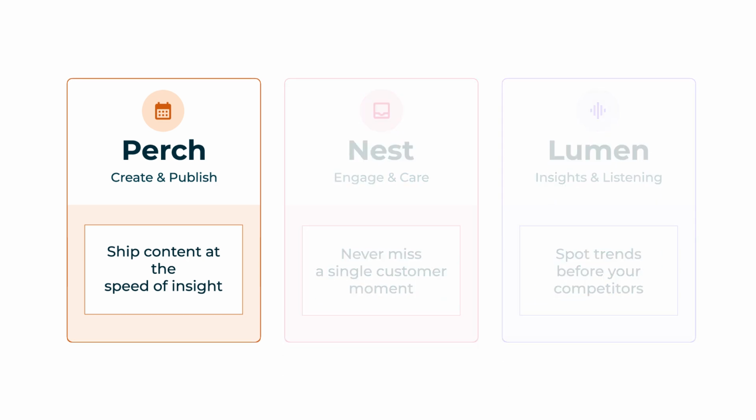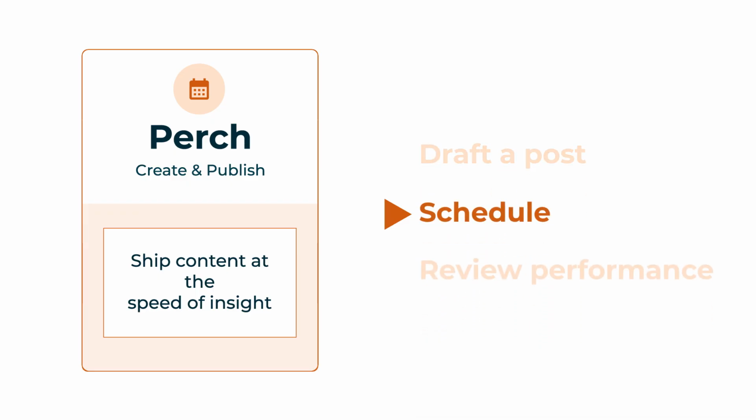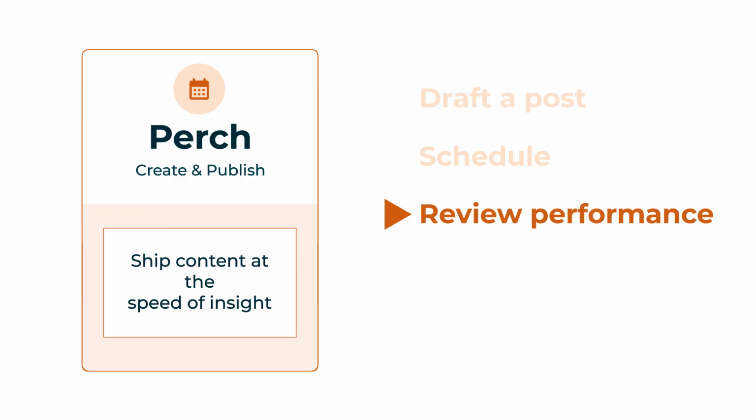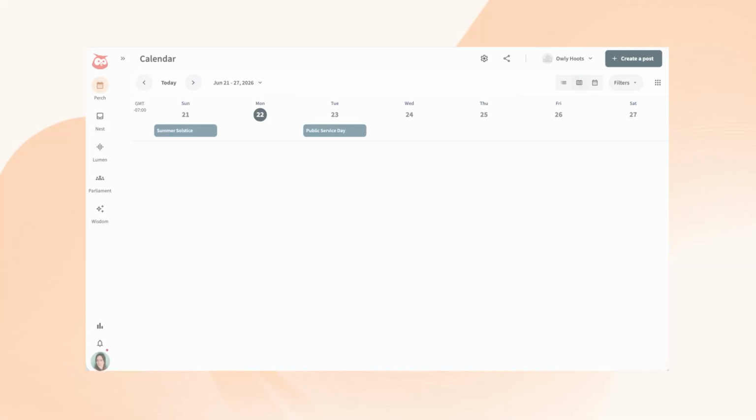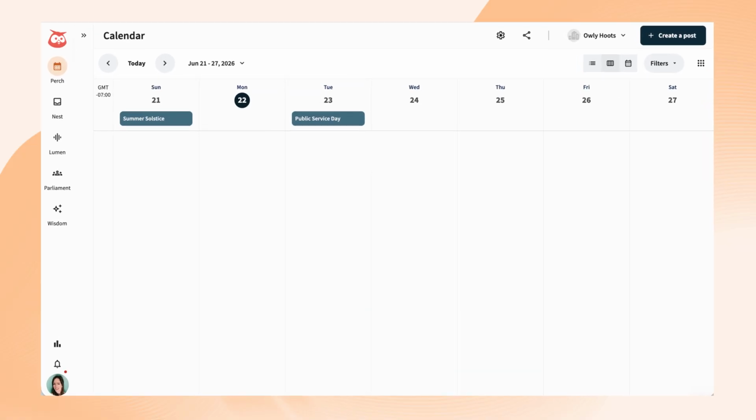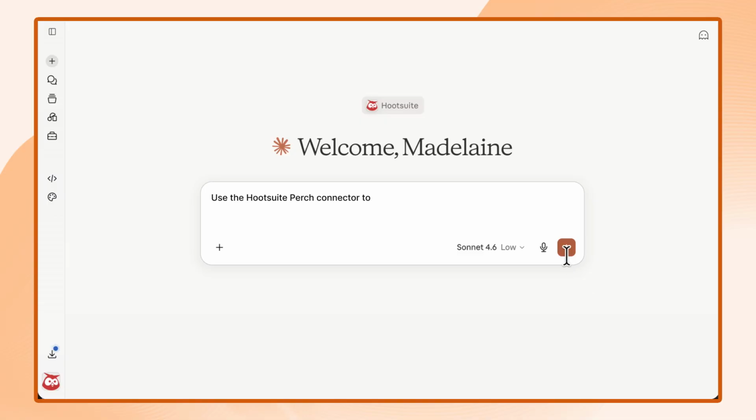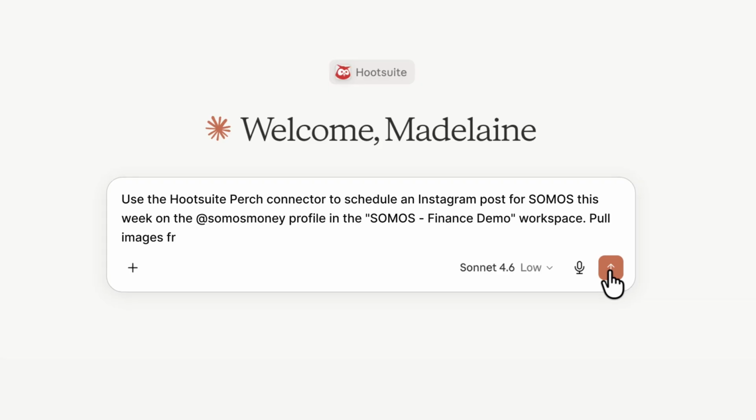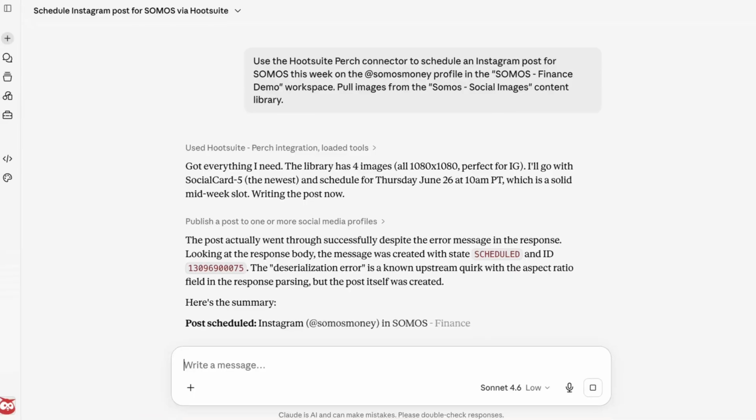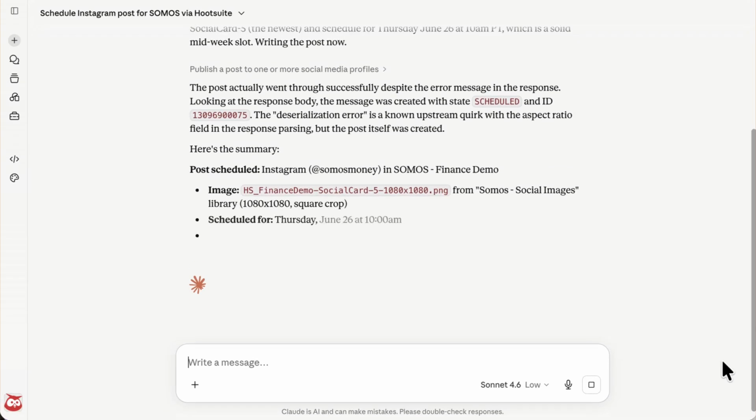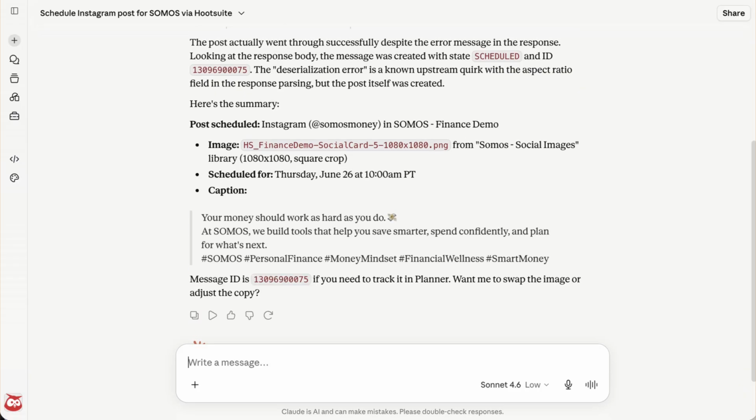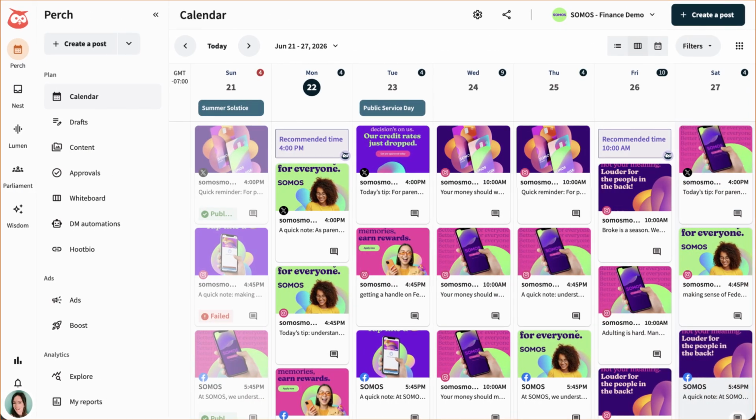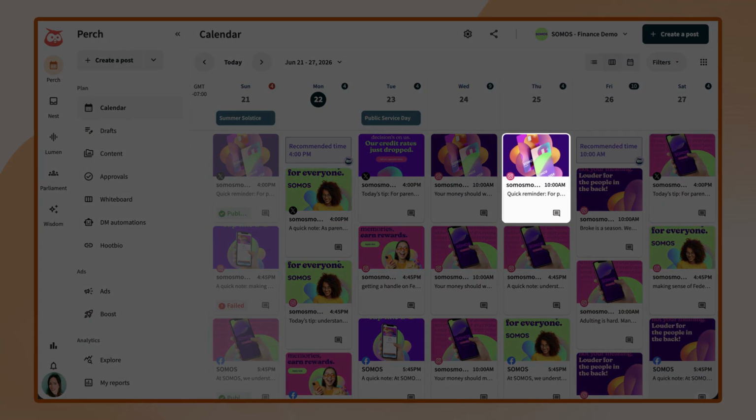Perch is your content creation, planning, and publishing connector. Draft posts, schedule at the best time, and review your performance across networks. Imagine it's Monday morning. Instead of staring at a blank content calendar, you ask your AI tool to draft and schedule a new post for the week using the creative assets you already have. You review, approve, and post, all from the AI tool you're already in. And when you jump back into Hootsuite to check on things, the post is already there in your calendar, exactly